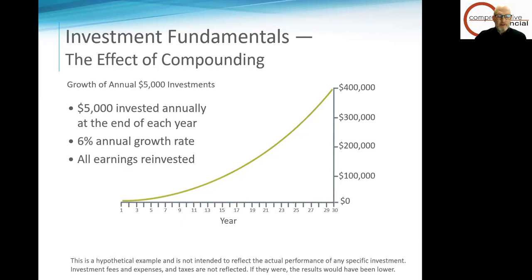So again, investing $5,000 annually at a 6% growth rate grows to $400,000. A lot of people see this and say, no, that can't make sense. But when you do the math, it works out. And we use a simple term here: drips make puddles. So over time, that investment starts to really grow and perform for you as things continue to move forward on